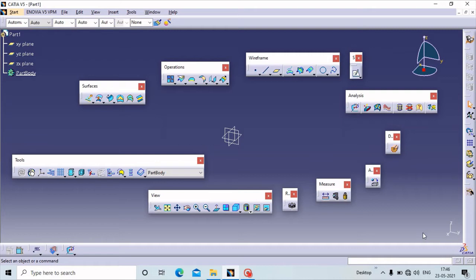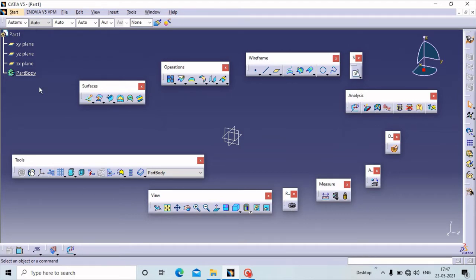This is the most useful and popular workbench inside the automotive industry, and as per my experience, this is the most useful workbench in the automotive industry. You can see this is the surfacing workbench interface. Here you can see this is the part tree, all the commands whatever you are using. All these commands are gathered together inside a single tree. This is also known as your part history.